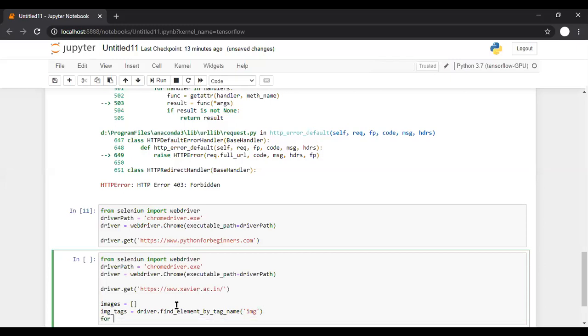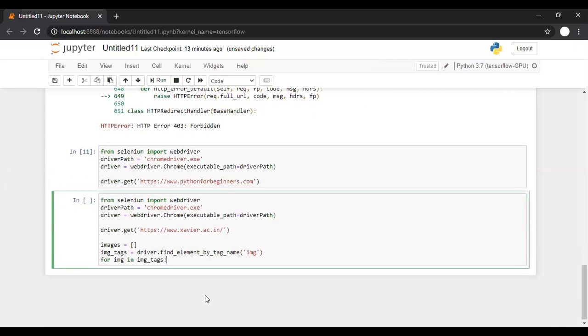And let us say this, for img in img_tags. When you go for driver dot find element by tag name img, what will it do? When you say driver dot get, it will go to this web page and fetch it, and now that web page is available in a browser.